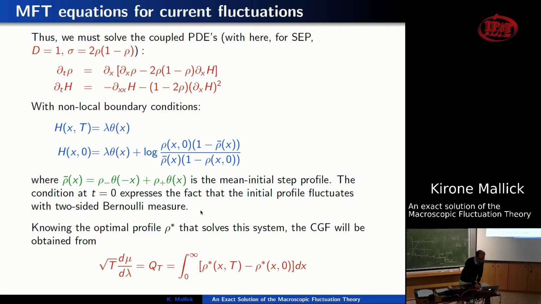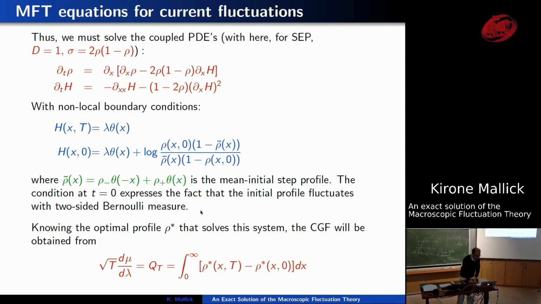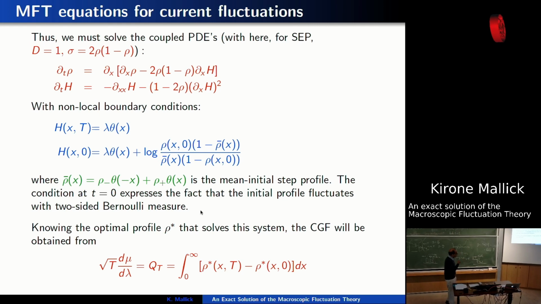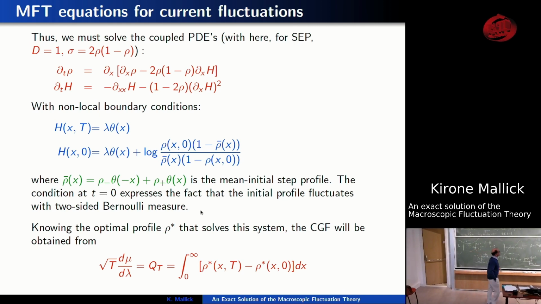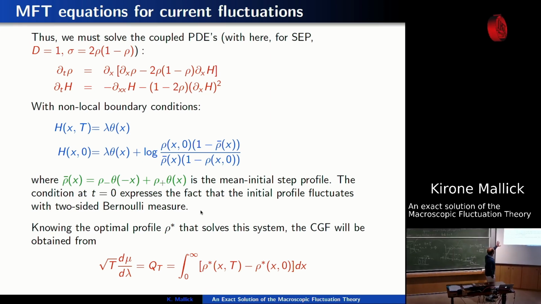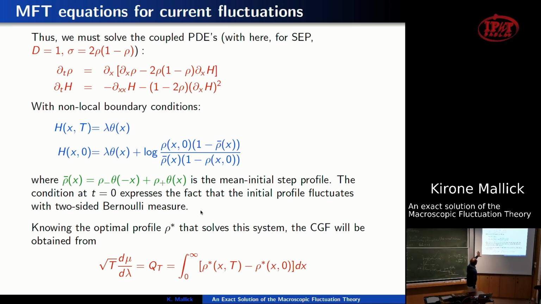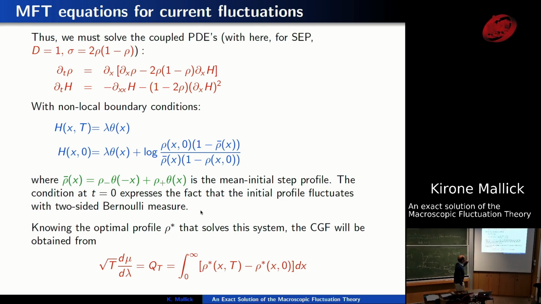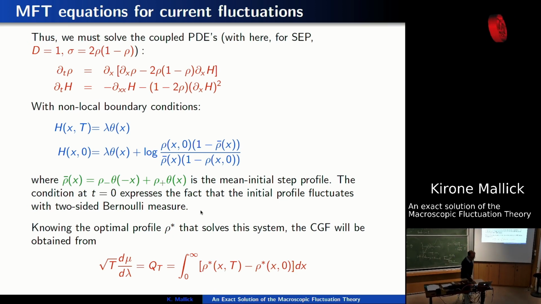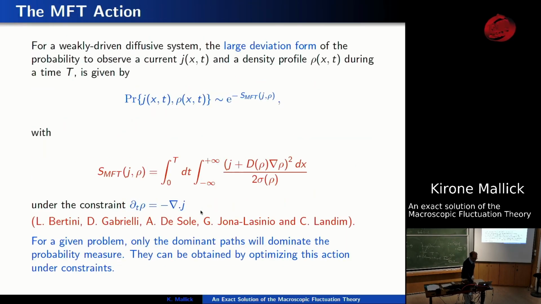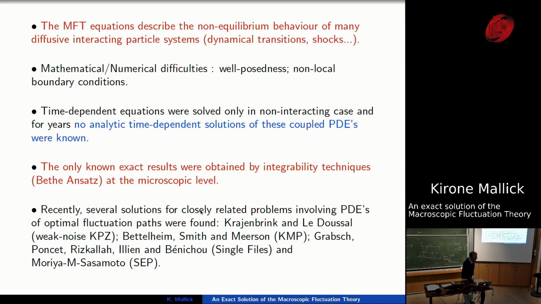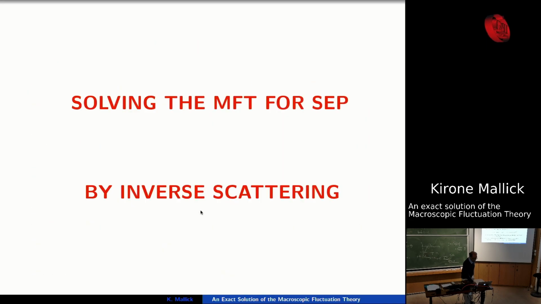So now let's go to the precise equations. What we have to solve are these MFT equations for rho and H, and the boundary conditions are a bit bizarre. I'm not going to go into the details of how you can get these boundary conditions. The way to get them, again, is to write, at least formally, this path integral with this measure, multiply it by exponential lambda qt, and do variational calculus on that. I'm just going to give you a kind of hand-waving understanding of what these